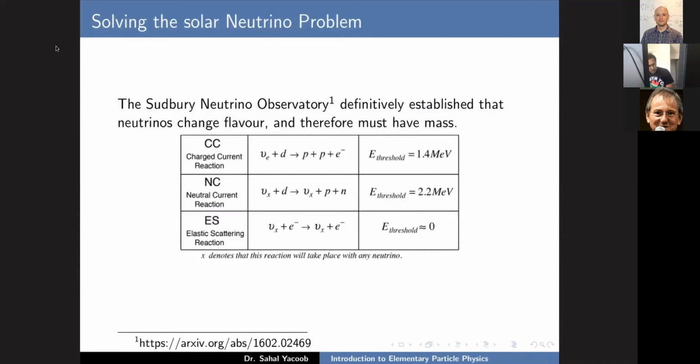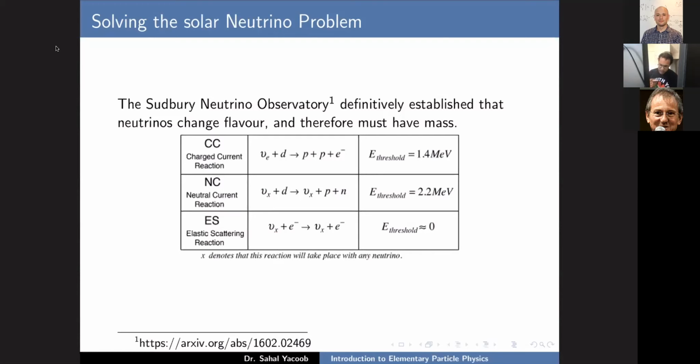And then finally, for the solar neutrino problem, the Sudbury Neutrino Observatory definitively established that neutrinos change flavor and therefore have mass. They did this by measuring neutrinos in 3 separate ways. They measured the number of electron neutrinos from the charged current reaction. And then they used these other 2 reactions, the neutral current and elastic scattering reactions, which are sensitive to all 3 flavors of neutrino. When they looked at the charged current reaction, they reproduced the original observation of only a third of the flux being there,